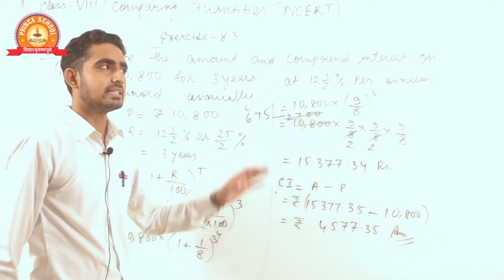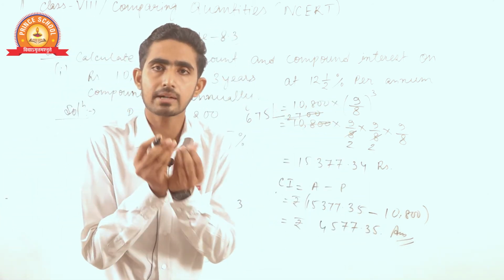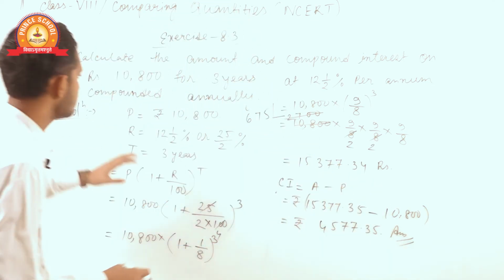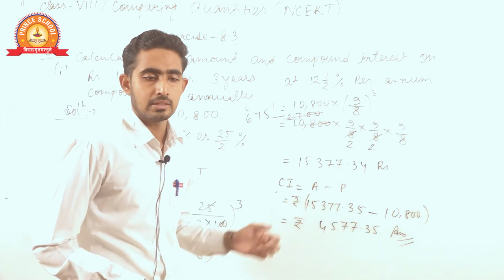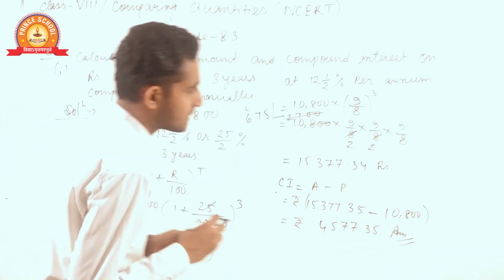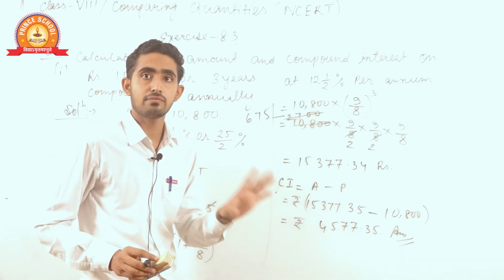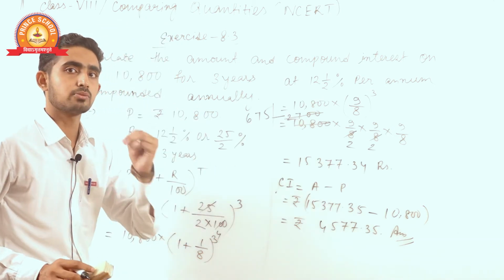That means for this type of question, if you know the formula and your calculation is good, then you can easily solve this question. Now this question, all of you write down. Pause this video and write. Next question is just the same. In this exercise, the first question has 5 parts. Out of 5 parts, 3 parts I will do and 2 parts you do yourself.